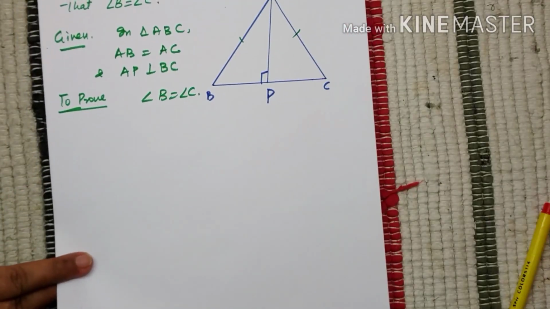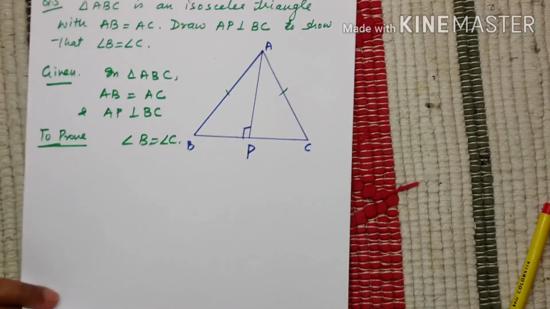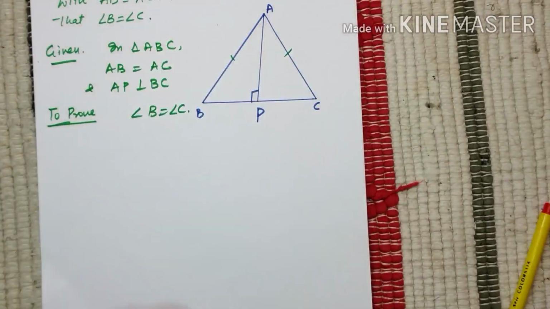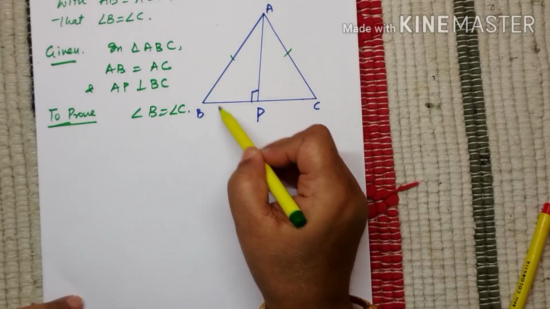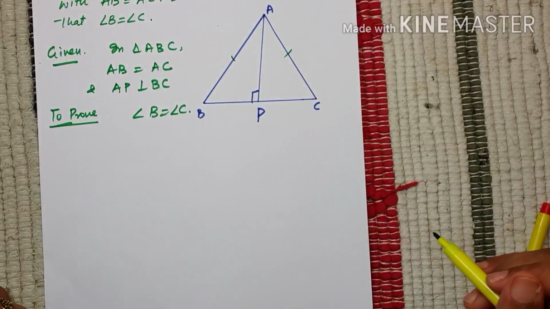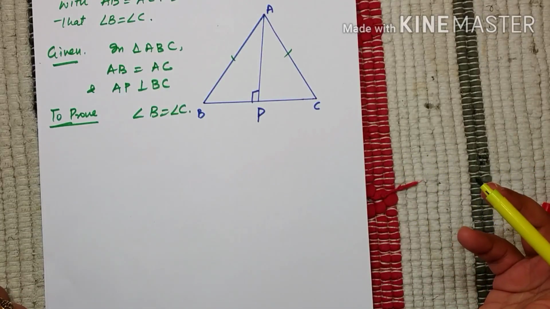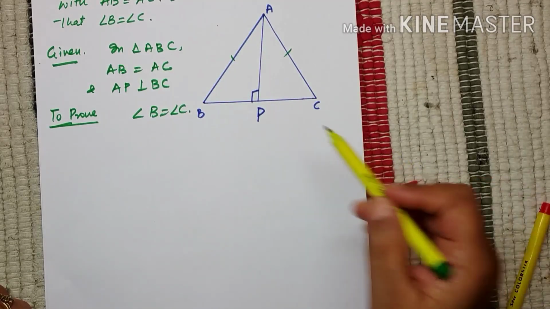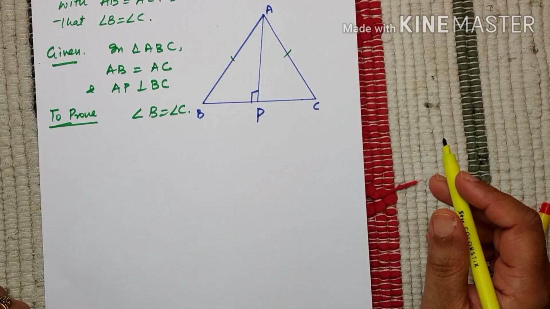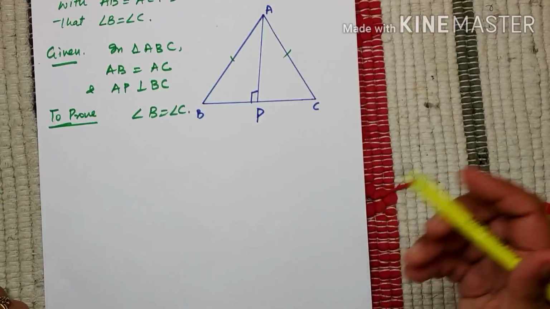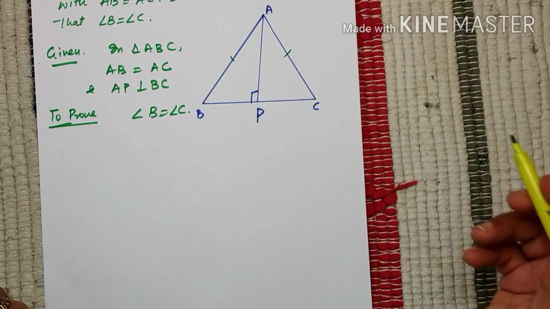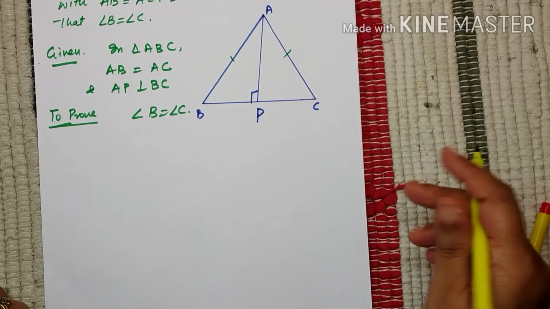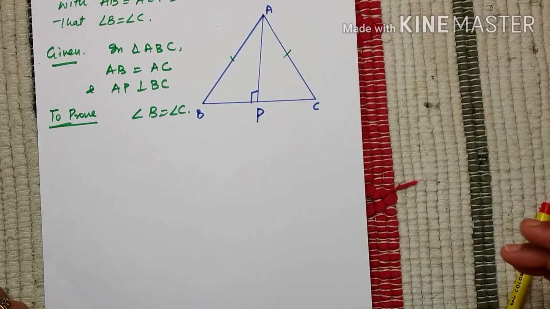So children, if we are thoughtful enough, what is he asking in the question actually? He says these 2 sides of a triangle are equal given, and he says these angles equal we need to prove. Isn't this the property that if 2 sides of a triangle are equal, then the angles opposite to these 2 sides are equal? And we know this property. He is asking us to prove the isosceles triangle property. That means we will not use this result.